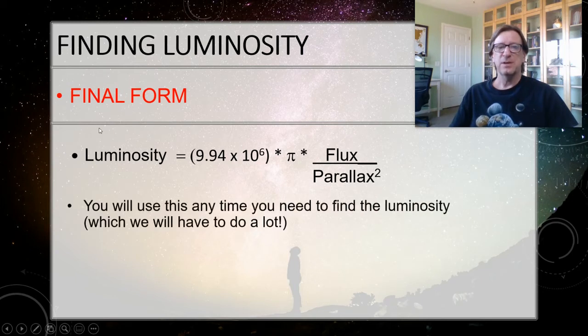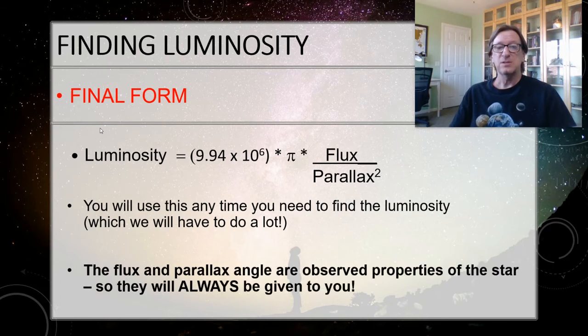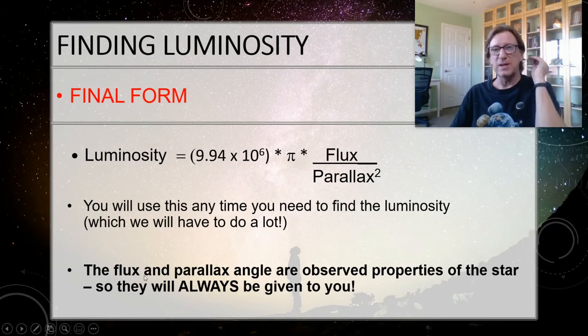All right. So you're going to use this anytime you need to find the luminosity, which is going to be a lot. Finding the energy of the star is going to be one of the main things that we need to know, because a lot of the other properties of the planet depend upon how bright the star is. So now the flux and the parallax angle are always observational properties, so it's not something you can calculate. So it has to be given to you. I'm not going to make you sit at your computer for 6 months actually measuring the parallax angle as it goes across, things like that. So the flux, you would normally just point a telescope at it, you measure how much flux you get, and you're done. So I'm going to give that number to you.